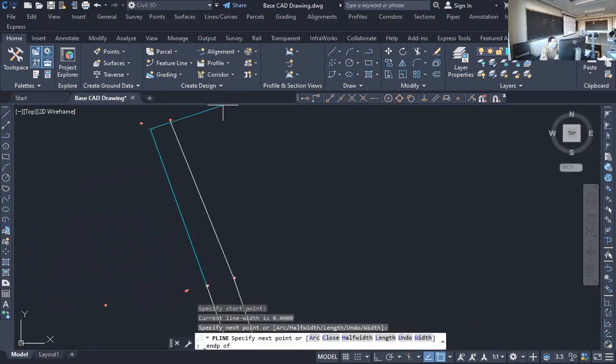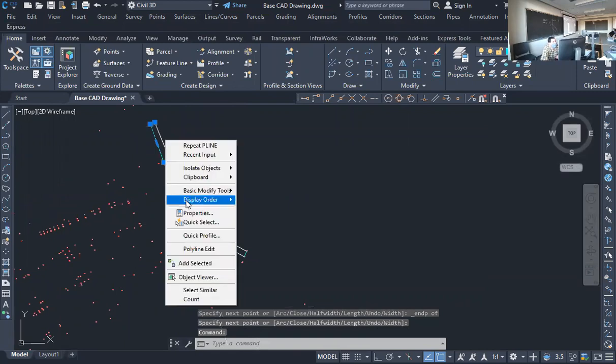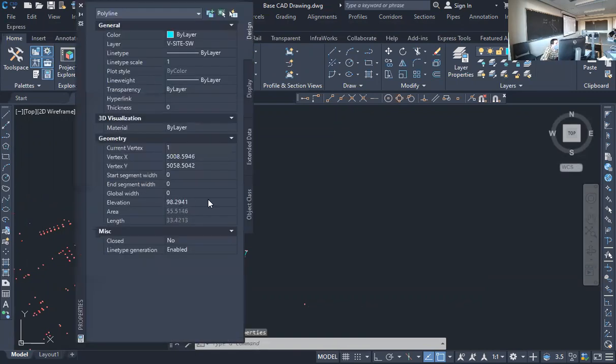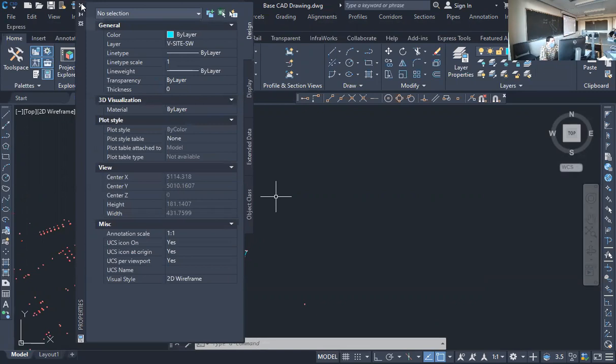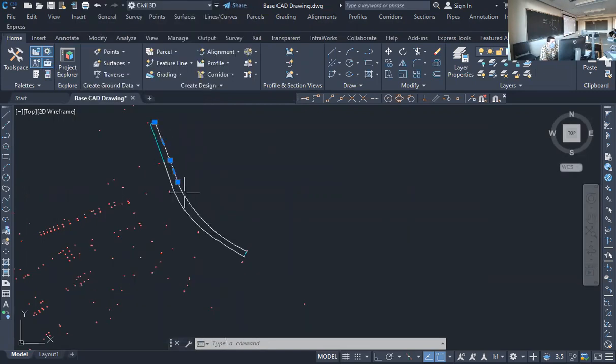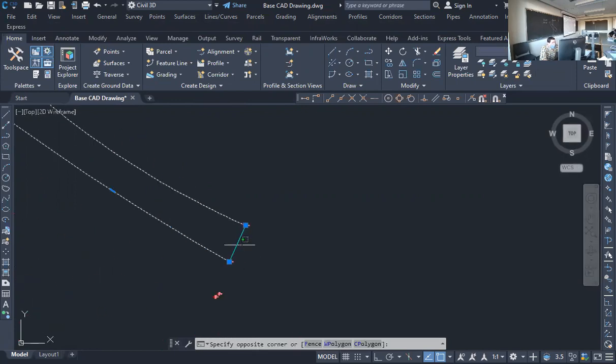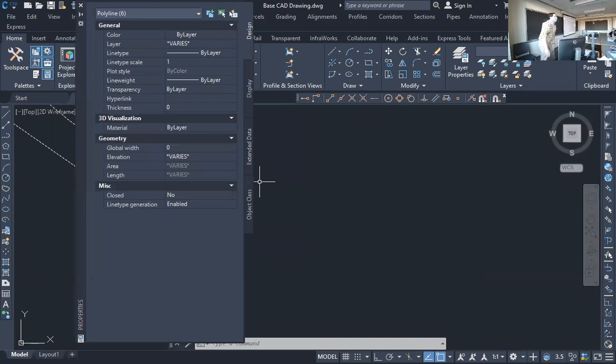this endpoint. Now, if I select this and I go to properties, see how that elevation has a number assigned to it? That has a vertical to it, right? I want to change this to 0. But I also want to change all of the other segments, because right now they're on different elevations. They look like plan-wise they're in the same position, but you see how it says elevation varies? Some are up here, some are down here. So if you change them all to 0,